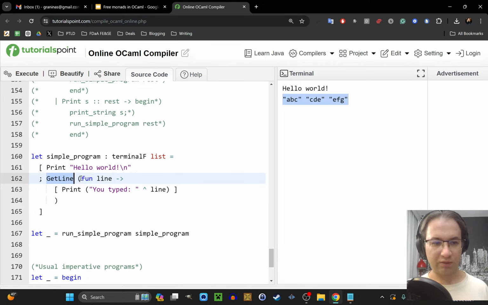And once I get this line, I run the internals of this function. This is a continuation. It's a function that accepts one argument, line, that comes from here, and then another list of instructions. This time you type it something. This is a very simple program composed from lists, this list and this list,